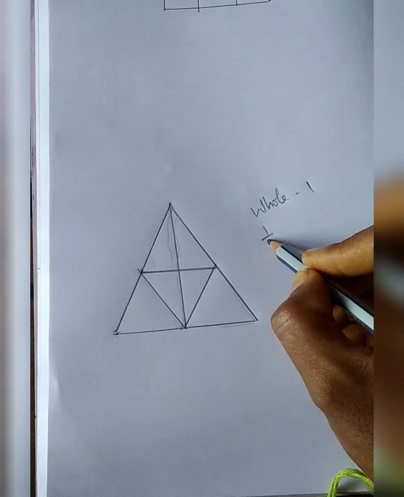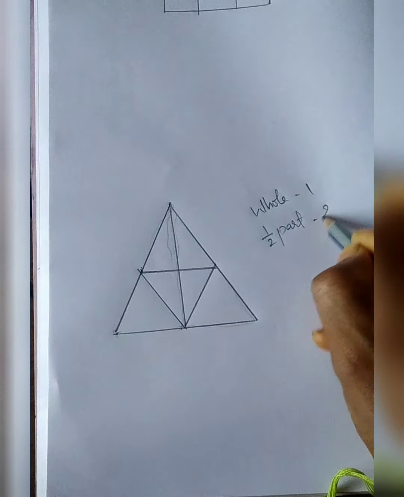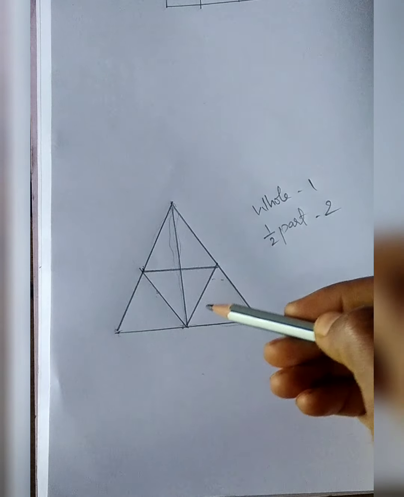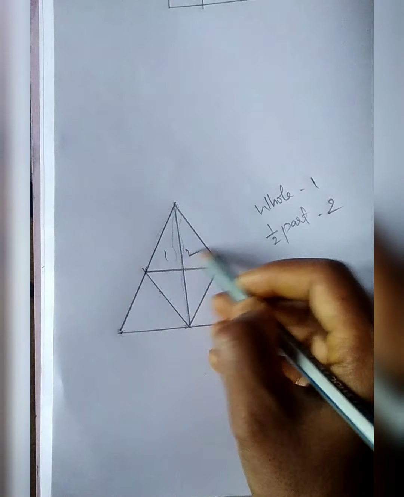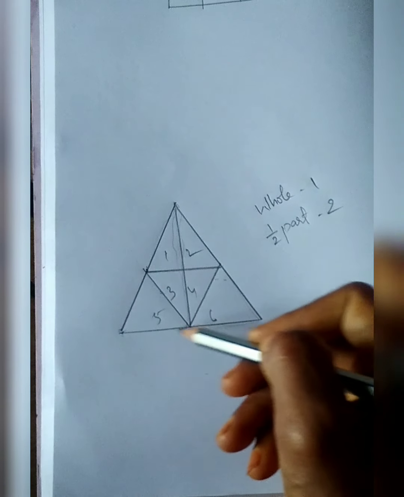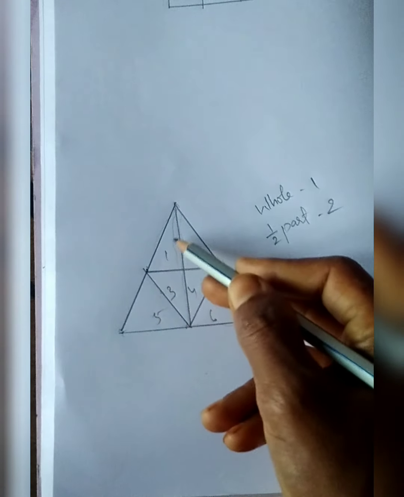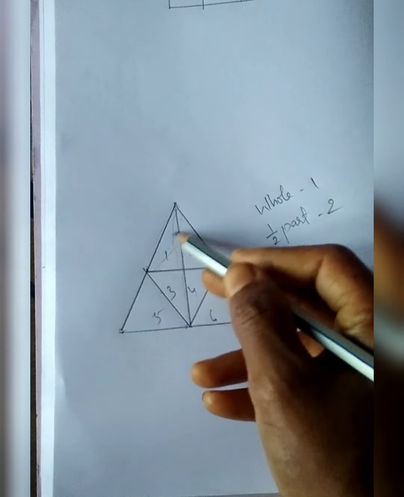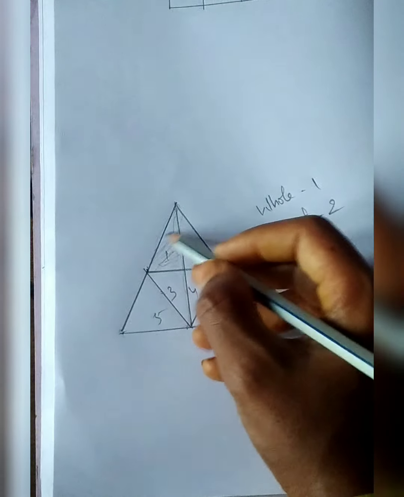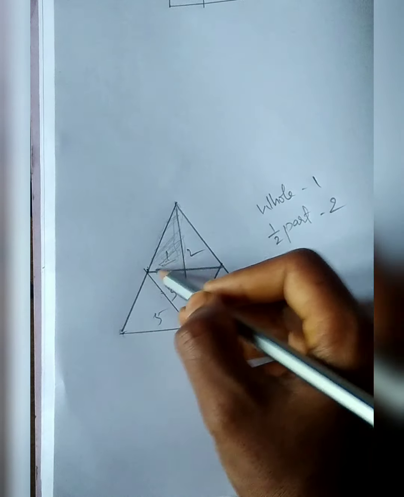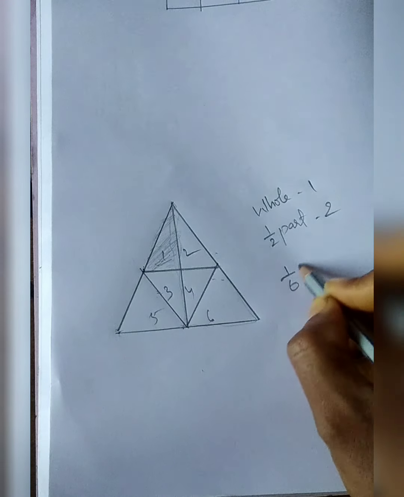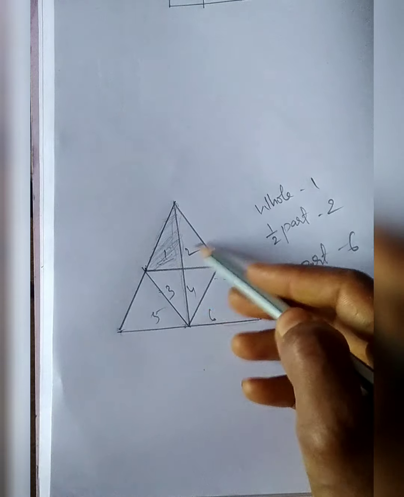So how many halves do you have? Half parts are 2, right? 2 triangles. Now we will go for the small triangles in it. How many? Count it: 1, 2, 3, 4, 5, 6, right? So there are 6 triangles in total. He divided it into 6 equal parts. Each part is known as a 1/6 part. In the fractions lesson you can learn about fractions. So this is called a 1/6 part, which means out of 6 parts we are talking about 1 part. So how many triangles do you have? 1/6 parts are 6, right? 6 triangles: 1, 2, 3, 4, 5, 6.